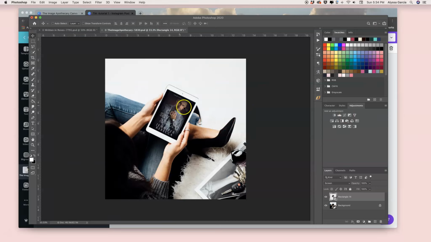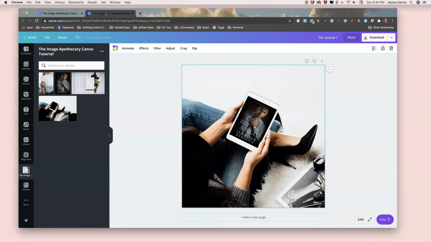The only difference here is I use a blend mode that kind of pulls in the covers' other colors, and it's not a big difference when it comes to iPads. So I definitely recommend, if you're using Canva, to just do the screens, and you'll see why in just a second. But I do want to show you where this could become problematic, and that is if you have a